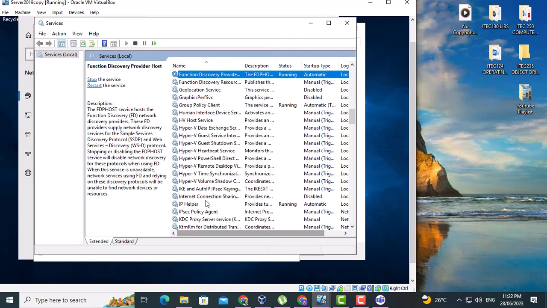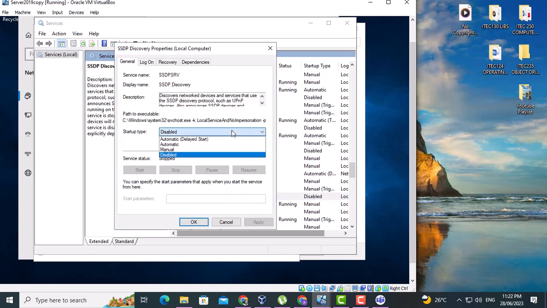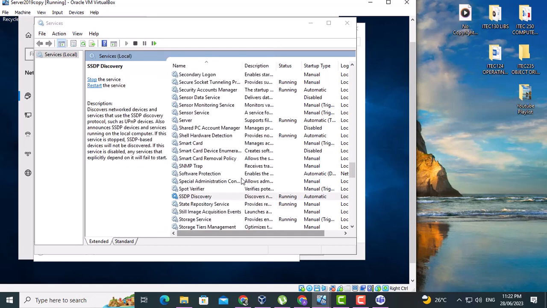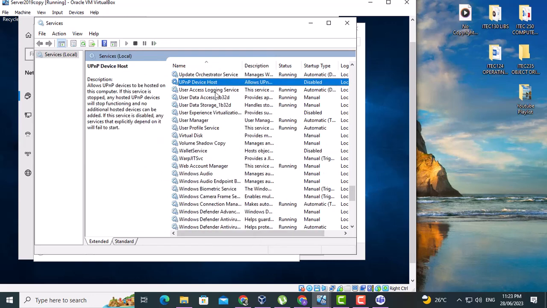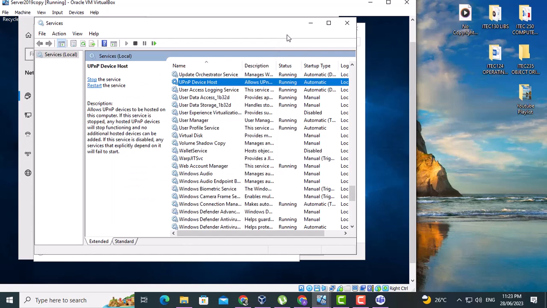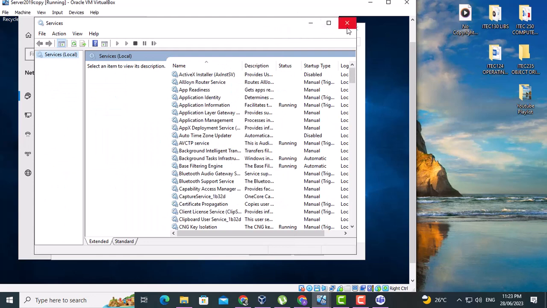Now we're going to go to SSTP discovery. This is disabled. We're going to put this on automatic. Apply. And the last one is UPnP device host. Automatic. Okay, when we're done with that, we're just going to go back